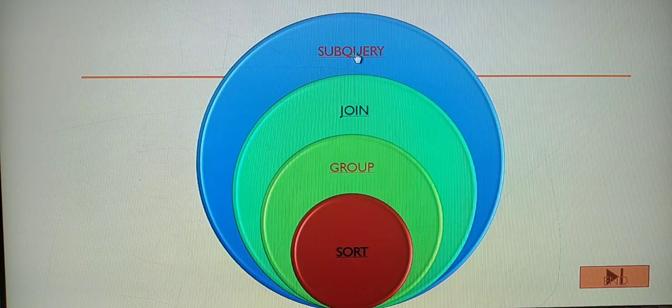Next we are going to discuss subquery. What do you mean by query? You are going to ask some question, and based upon that question, you will be having that output. Here it is given as subquery. Subquery means a main query will be there, and under that you will be having another query. That query is called a subquery. First, the subquery will be executed, then only the main query will be executed. The result that you get in the subquery will be reflected in the main query for you.